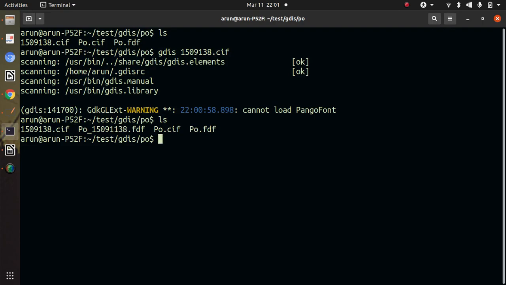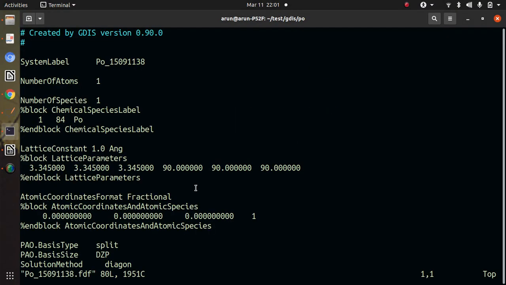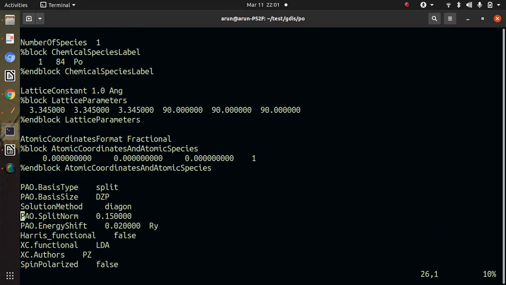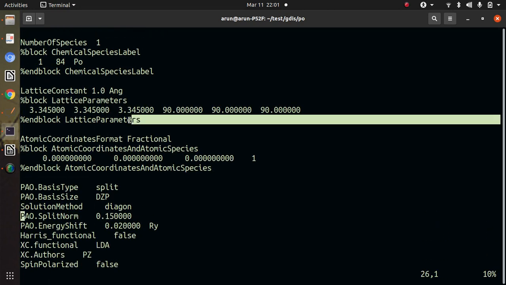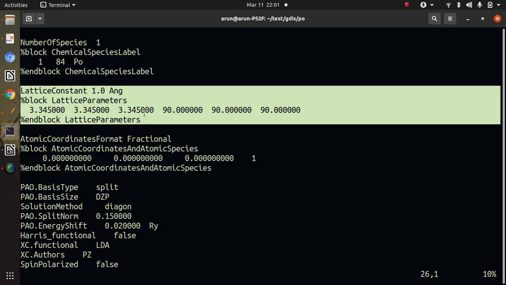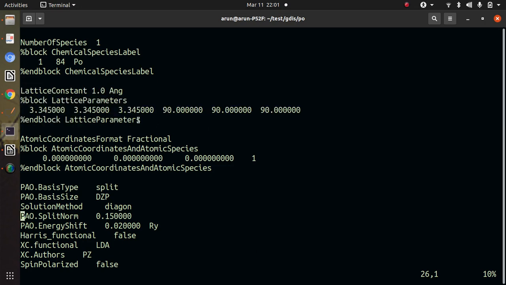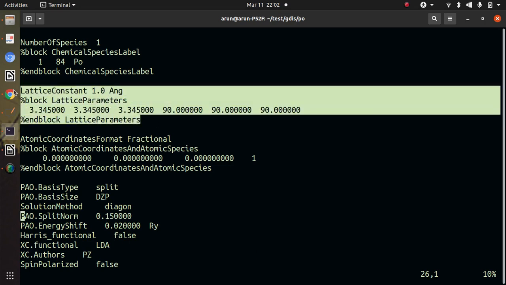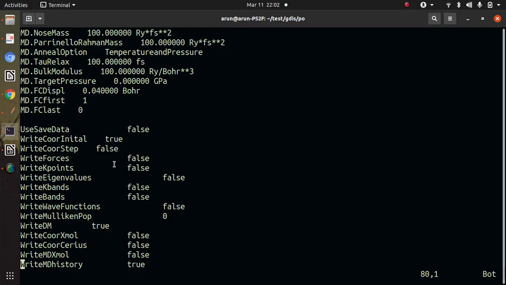If I open this file, it is similar to the earlier file, but the only difference is that it was written in the lattice parameter form, not in the form of lattice vectors, and the rest of the things remain similar.